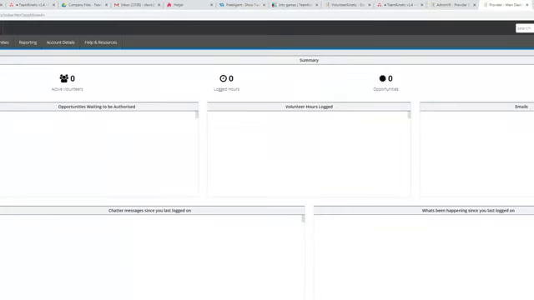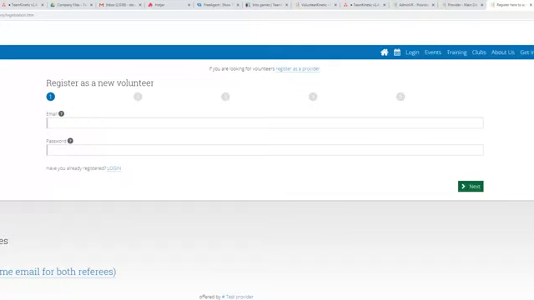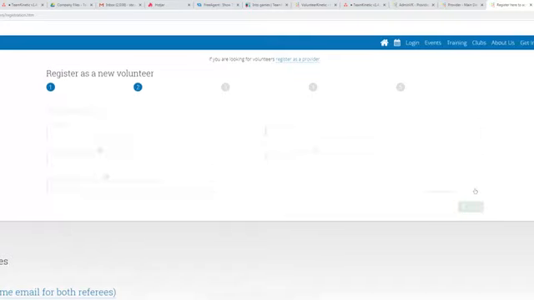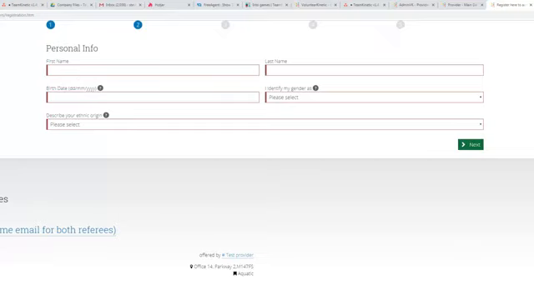From here, I have create volunteer. That's an option that's available to me now, which takes you through to the registration questions. The great thing about this is these trusted providers can add volunteers even if they don't have an email address. Admins can do this at the moment, but now trusted providers can also do it. If we click on it, you'll see that these two fields are non-mandatory. They're not marked in red, which means you can add a volunteer without filling in their email address and password.